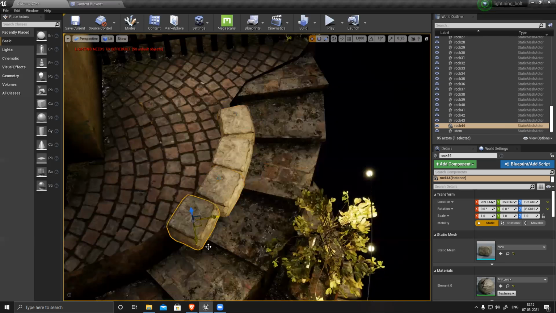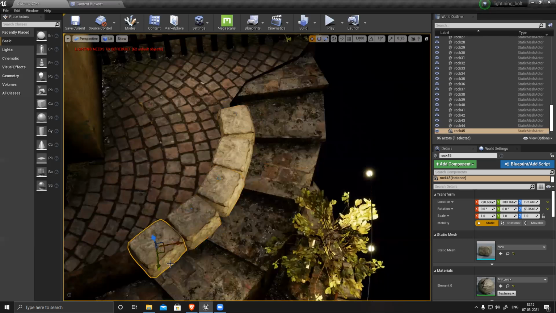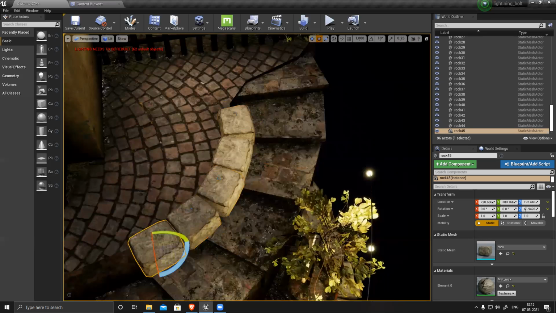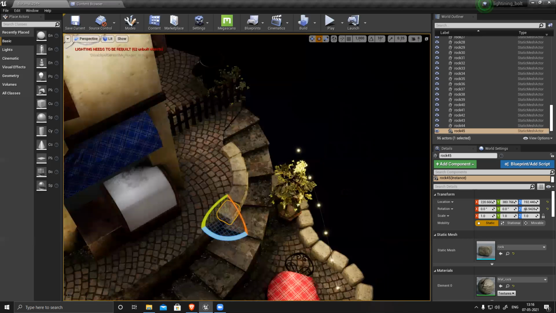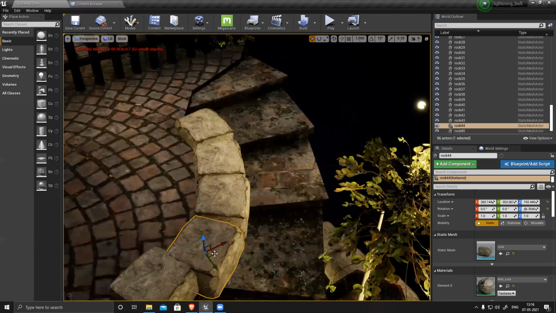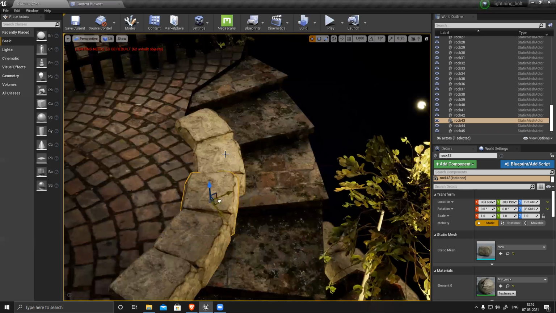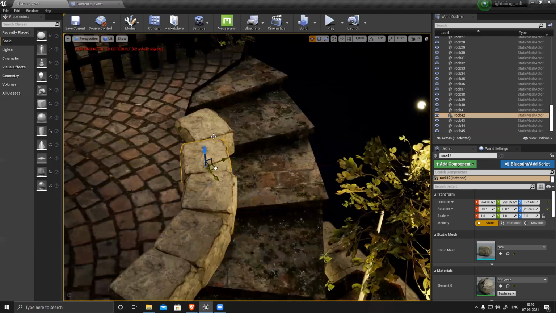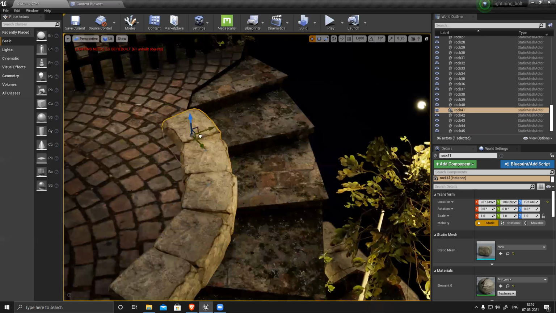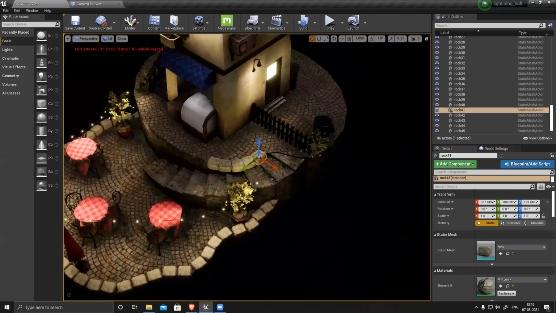Alt, drag, duplicate, paste it, rotate. Like this, I'll clear the entire section. Push it back. Now I'll create this section like this, and fix everything.